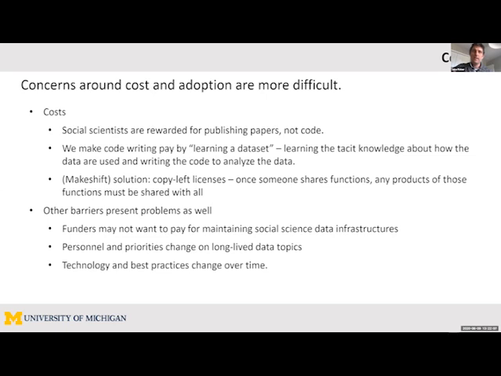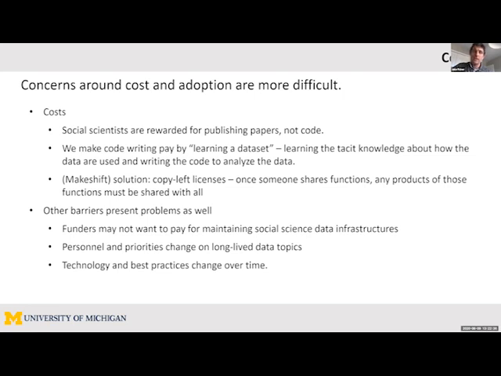The hope is that we'll be able to structure the incentives so that people will find it more rewarding to improve these functions and use them than to just develop their own thing. But it does help to think about what the incentives and the problems are that produce this in the first place. Part of the problem here is that social scientists are often rewarded for publishing papers, not code.